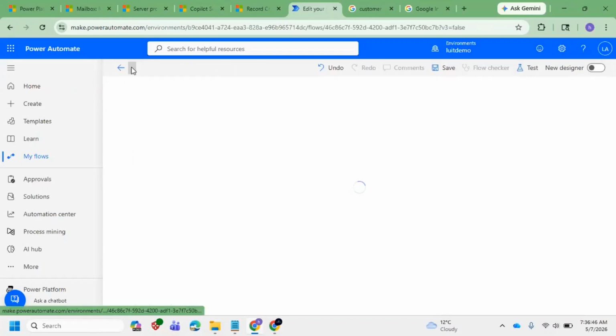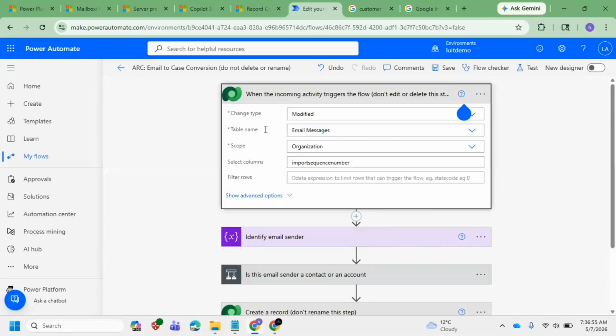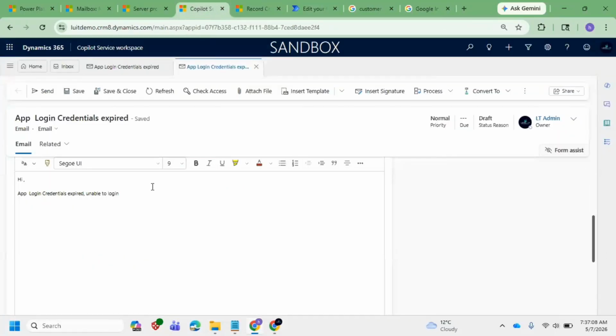So what are the conditions we have in the email? So the table is email messages. We need to see what the columns are there. See, this is running on the email messages, whenever it is modified, it will be triggered. Organization, select column is import sequence number. So when you have import sequence number, then